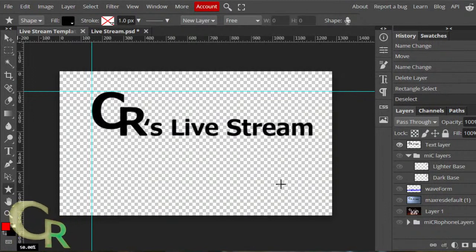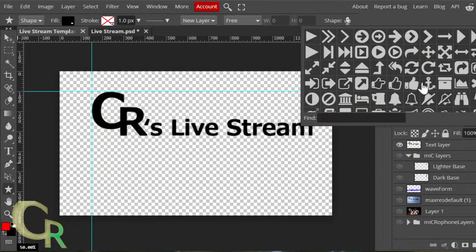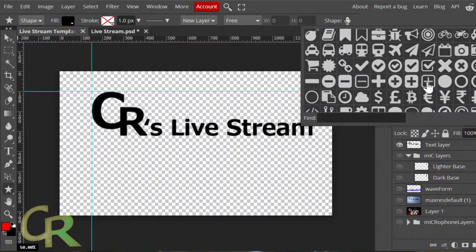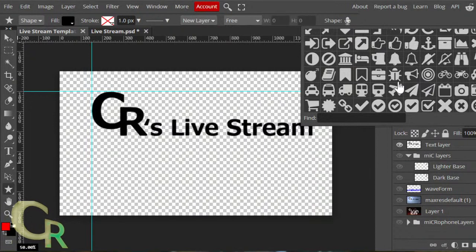Sorry about that. Anyways, this was one of the custom shapes I went into. I originally tried this little bullhorn or whatever. I didn't like that. It looked too much like something else.